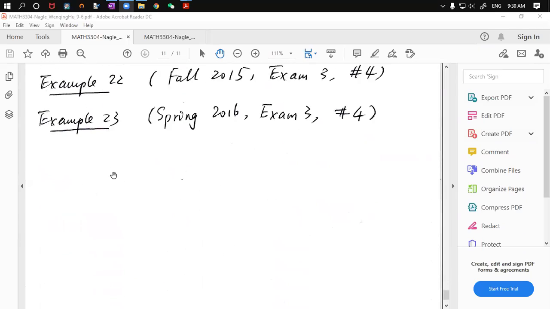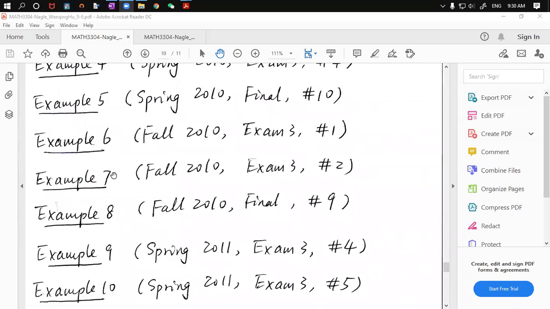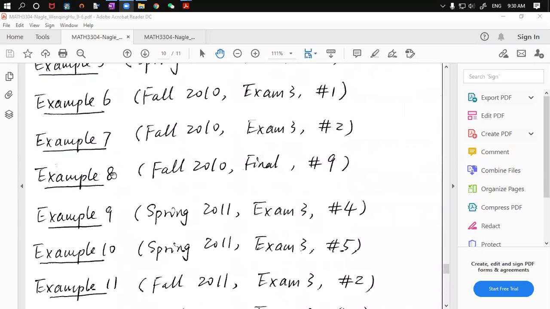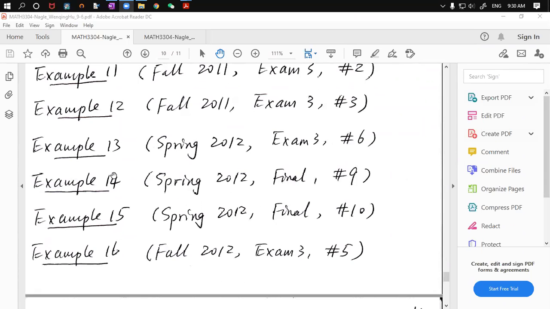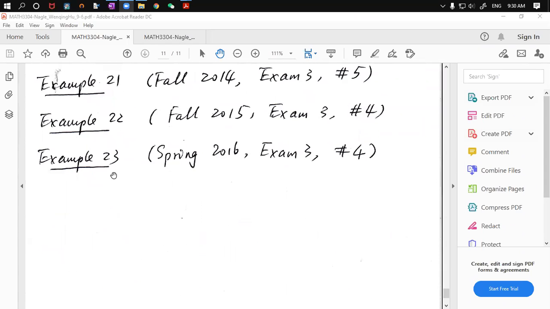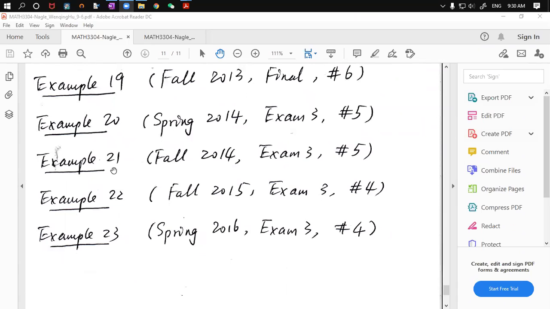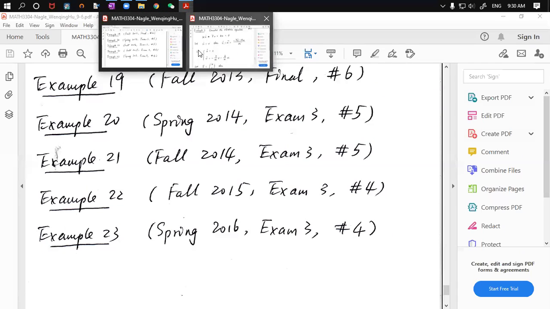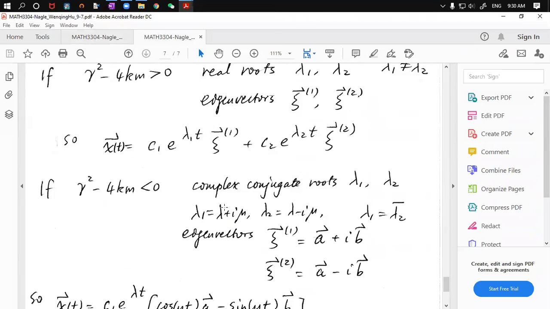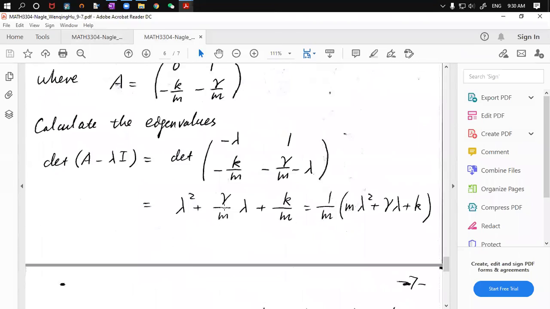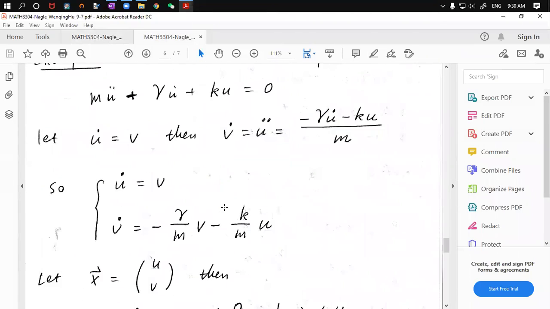Here I have listed about 20 such exercises, which cover the 3 cases: real repeated root, real non-repeated root, and complex conjugate root. You have to practice them throughout. Is that good, family? Okay, so that's the thing for this type of problem. Now, for the rest of today's lecture,